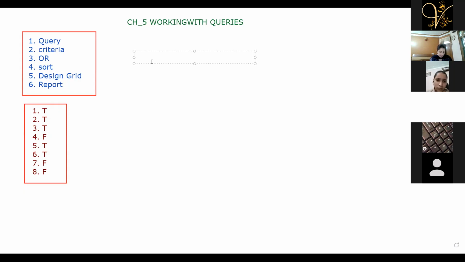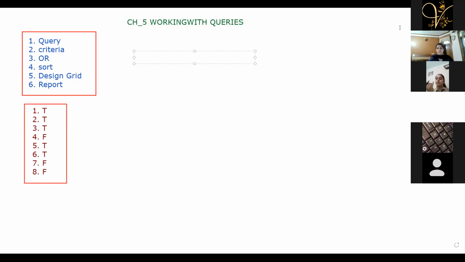Swati created a database of her classmates and entered 30 records in it. So she has created a database in which she has entered 30 records. The teacher has asked her to show the data of those students who have scored less than 50% marks. तो जहाँ पे 50% से less than marks हैं, only that data should be shown. So suggest her the method to apply this criteria. What will be the condition for specifying where the marks should be less than 50%? How you are going to specify the criteria?